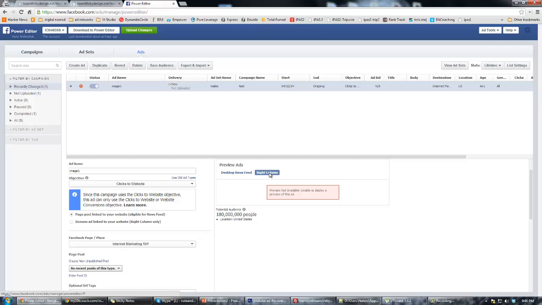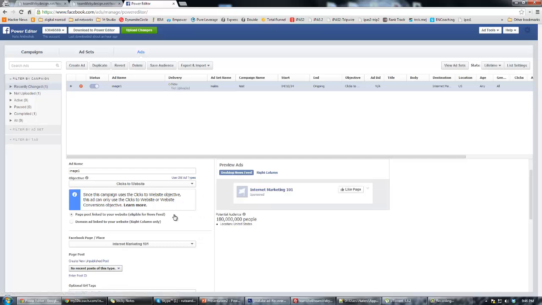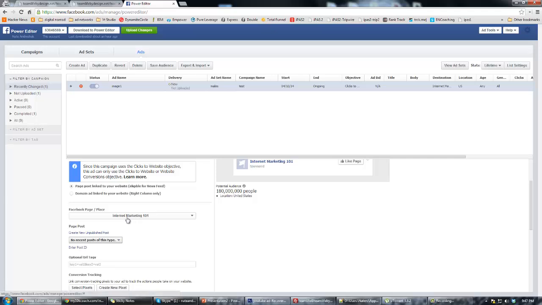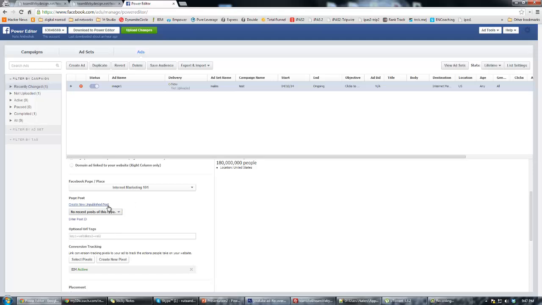And then, let's see. Here's our newsfeed ad, and here's our Right Side ad. Right? We don't have any information. So here, Mark, look at this. I created the Internet Marketing 101 page, and look at it, it's right there. So I can select that page. Here's what you want to do. You want to create a new unpublished post,